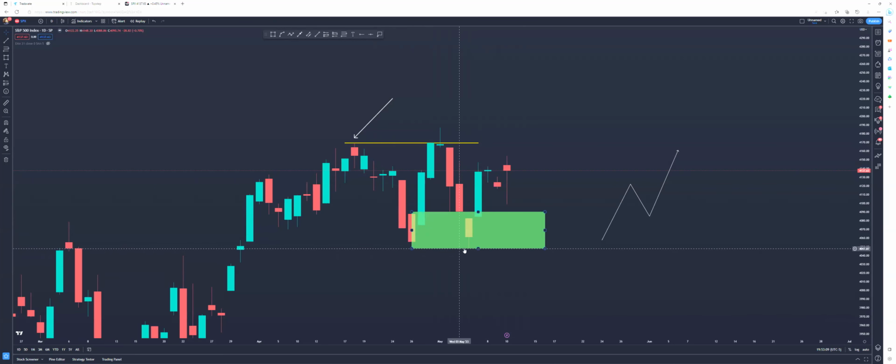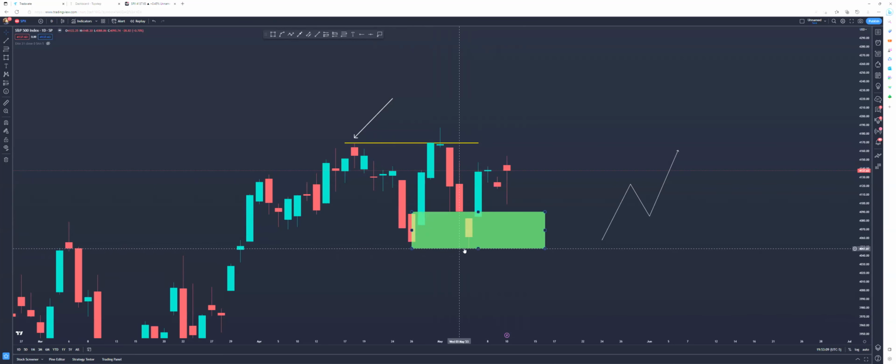Is this a break of structure? Correct, right? It is. So we will then do the same thing. We're going to take what? The last bearish candle and the lowest point, right? So will we care about this zone anymore? The one before, even though it didn't retest? No, right? Because we only care about the previous one.